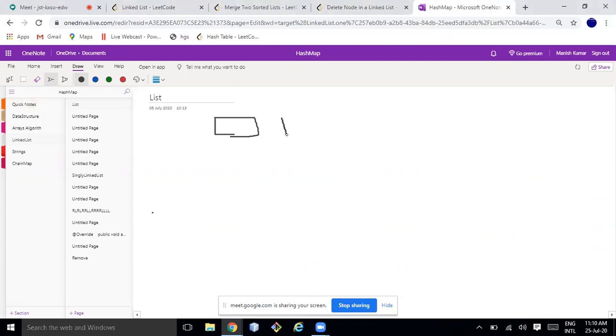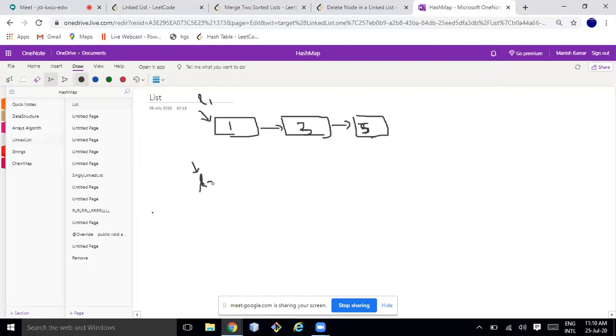So this problem is all about handling corner cases, guys. So let's say I have L1: 1, 3, 5, only odd numbers. This is L1. And L2 is pointing to null.